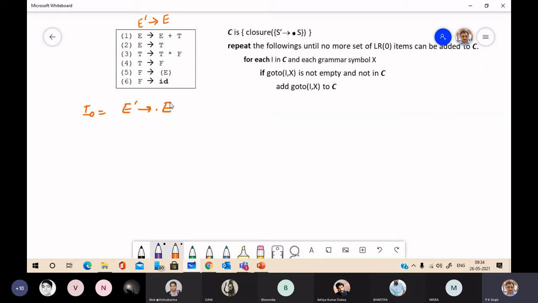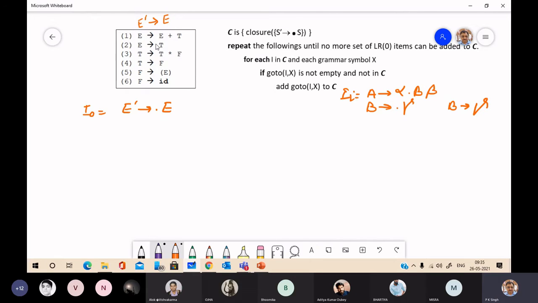We have already calculated this last time. The rule is, if we have A to alpha dot B beta, an item in item set I, and B to gamma a production in the grammar, then you can add B to dot gamma as a closure item to this item set.